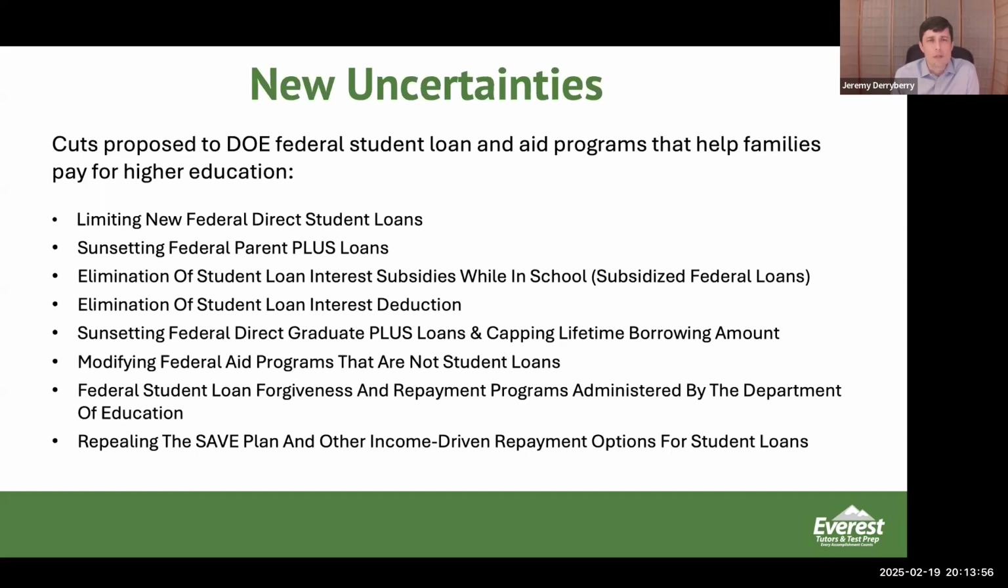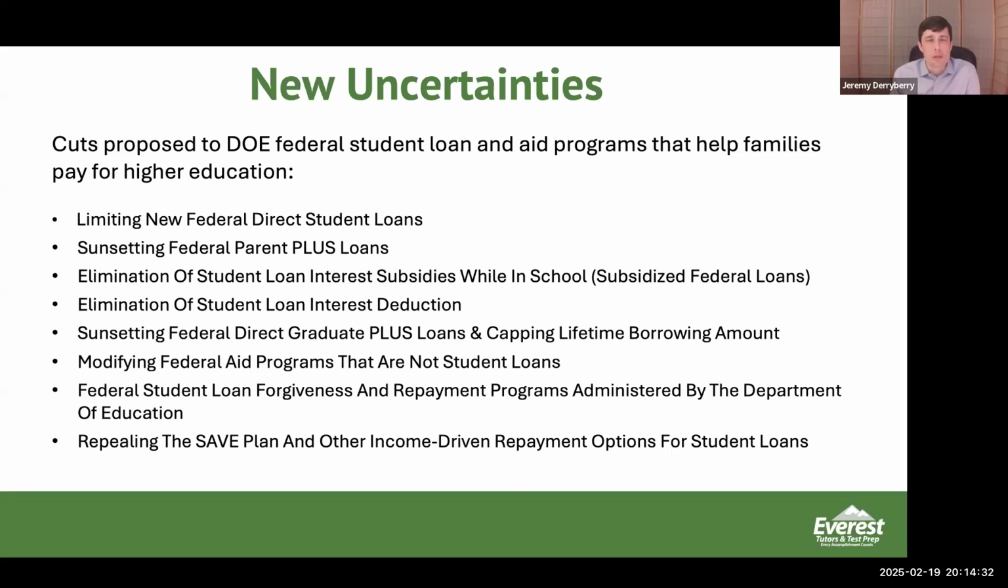One thing that's very concerning if you have a child that's looking at maybe a STEM career or a career that requires grad school: right now, there's no limit on the amount of money that they can take out through the Grad Plus loan program. They're now looking at capping it at, I think, $100,000 for a lifetime. So if your child is looking at going to medical school or something else that has a very high price grad school pathway in front of them, that might limit their ability to do that or the schools that they can choose to go to going forward.